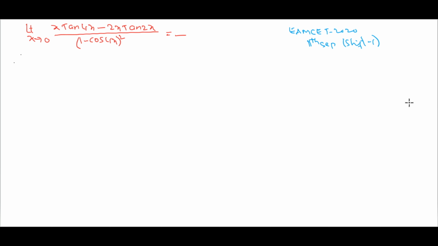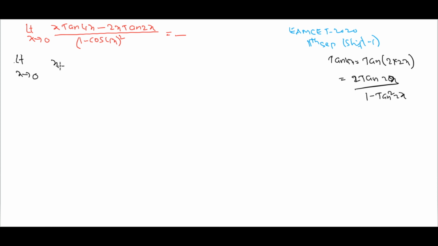Here is given x into tan 4x. This tan 4x is written as tan of 2 into 2x. So it is in the form of tan 2 theta, that is 2 tan theta by 1 minus tan square theta, here 2x. So substituting this formula, that is limit x tends to 0, x into tan 4x,